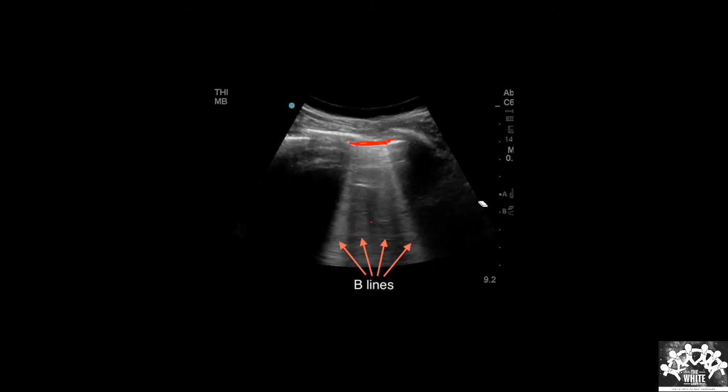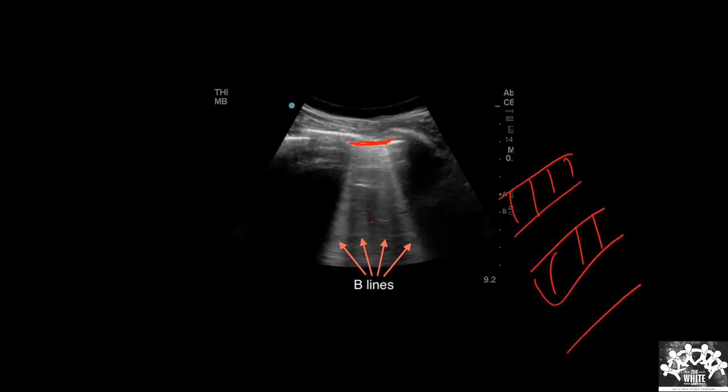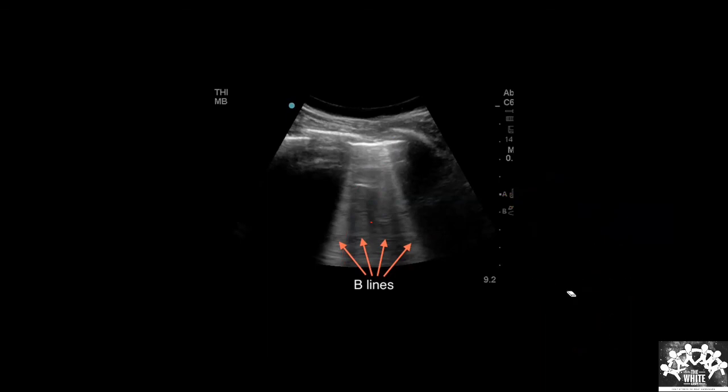Understand why these B lines are coming. Did you understand why the reverberation is happening? Because between the alveoli and the interstitial space there is now some separation by fluid. The interstitial space will fill with fluid. Now there is an interface of fluid, air, fluid, air. So we get these B lines, perpendicular lines running from the pleura, which happen because of reverberation between the alveoli and the interstitium. This is what we see in interstitial edema.